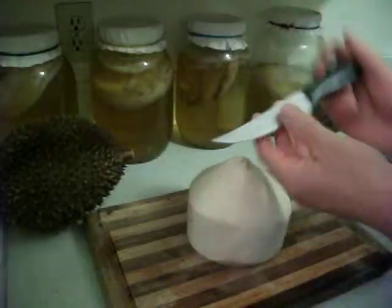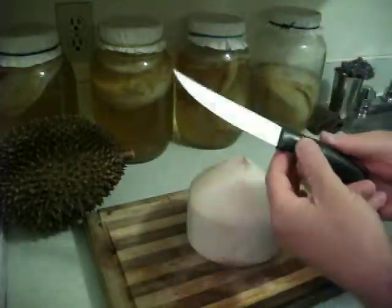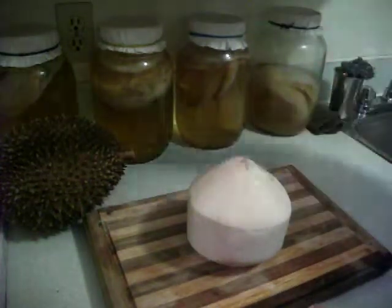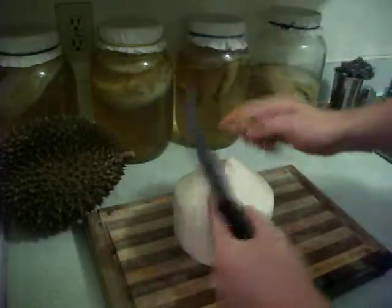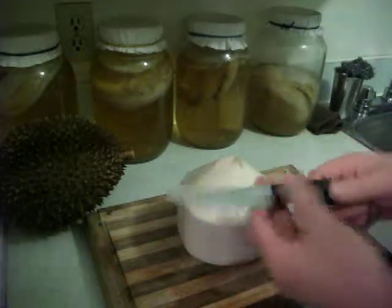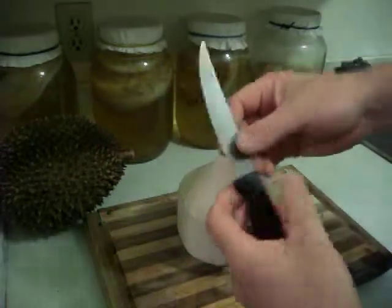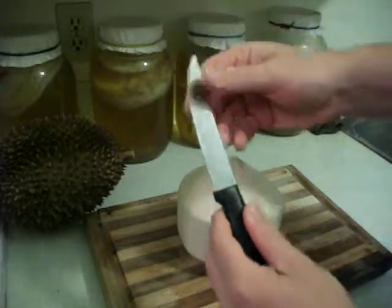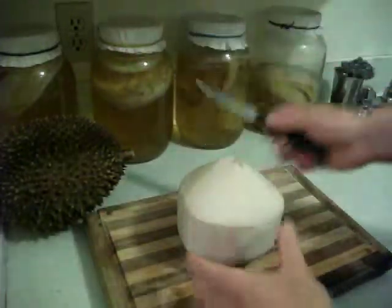So first you want to get a paring knife. There are a couple of ways to open them. Some people will use a big meat hacking knife, a butcher's knife, and just boom boom boom boom, hit the 4 corners and then open it up. I prefer to be less aggressive and use a paring knife. This is not the best knife. The reason why is that it's not flimsy enough. You want it a little bit flimsy, or at least a little bit skinnier than that in general,